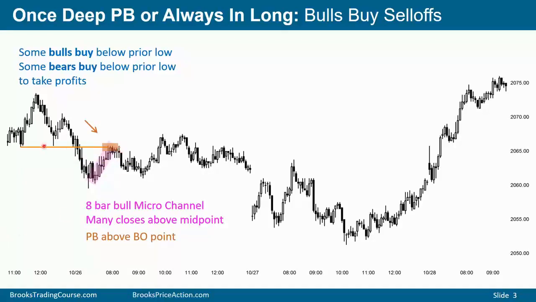This is important. We have a double bottom and a breakout. We fell pretty far below the breakout point, either of these lows, but we rallied back above the breakout point. And that means this is a stairs pattern when you have pullbacks above breakout points. What's important to note is that bulls buying lows and scaling in lower are making money. Bulls are making money in a bear trend. That usually means the bear trend is weak. So you have to be thinking that it's probably a broad bear channel and not a tight bear channel.